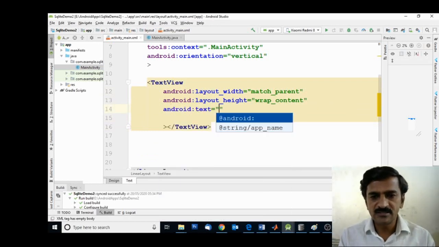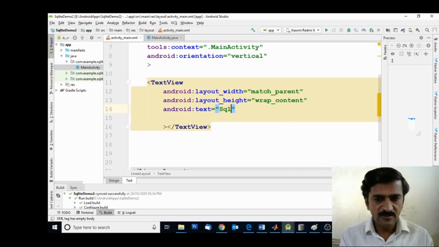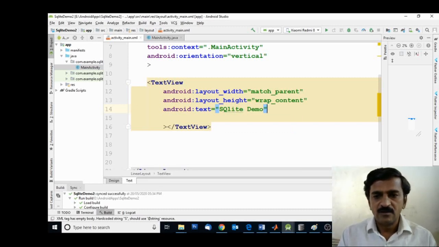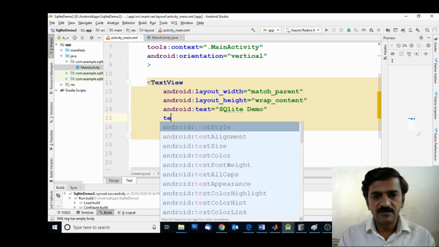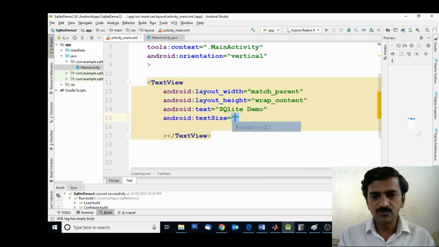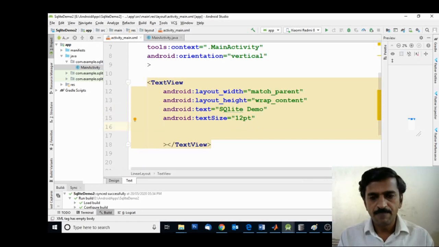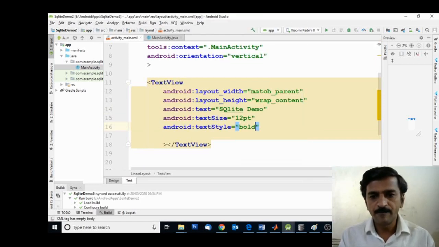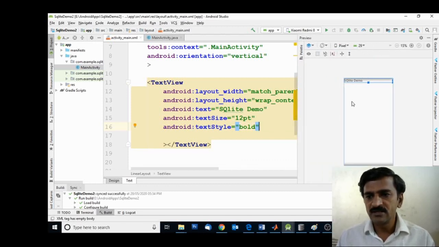I'm going to write the text here, SQLite demo, then text size I'm choosing 12 sp, then text style bold. Okay, this design looks like this, SQLite demo.